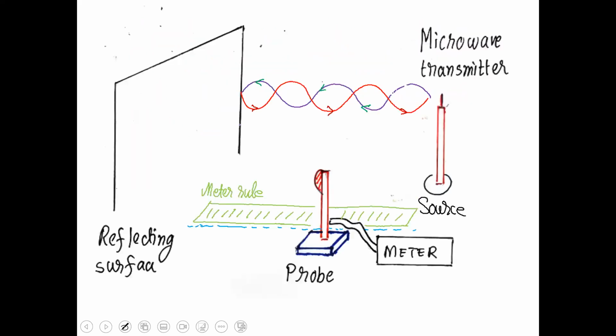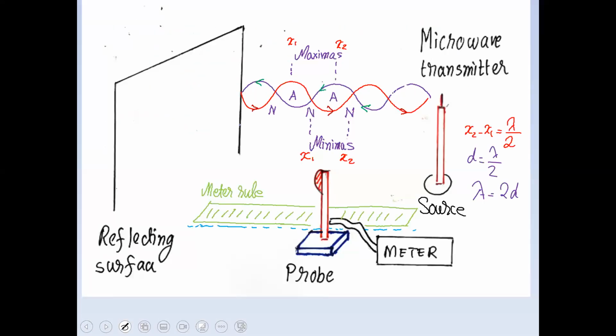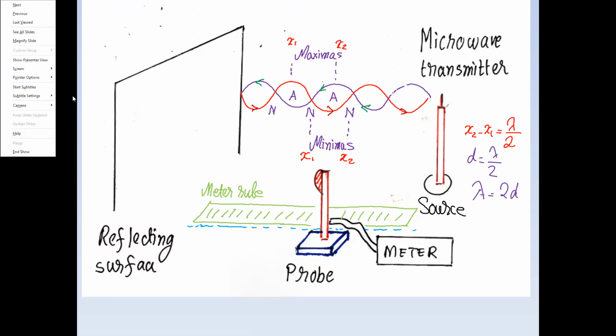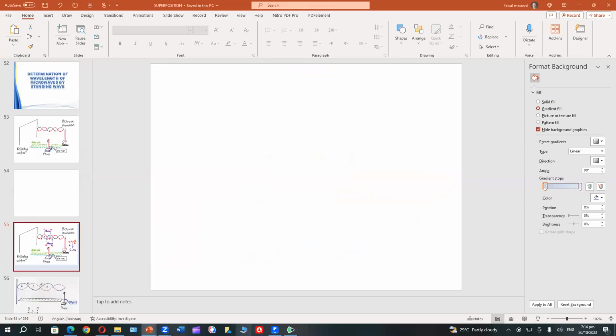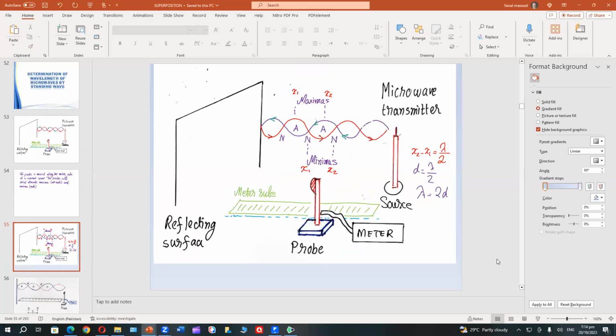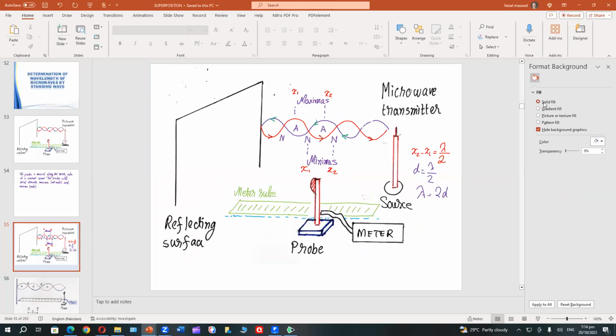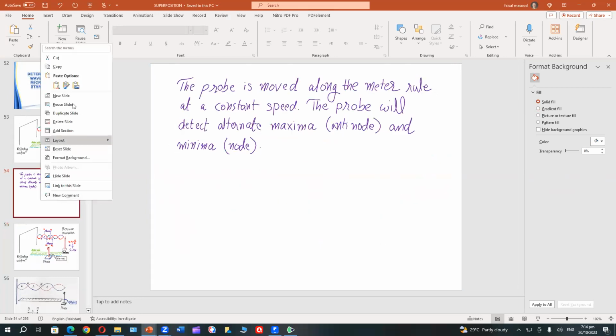Now look at this diagram. The probe, we will move the probe along the meter rule. The probe will detect maxima and minima, and we have to mark two successive maxima or successive minima, two nodes or antinodes. Our plan is to mark their positions because we can use these positions to determine the wavelength. So after writing this,